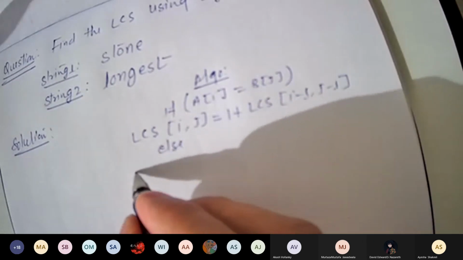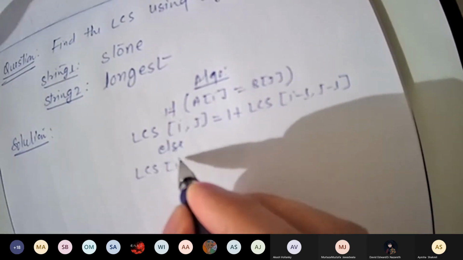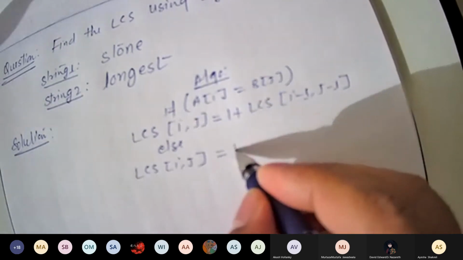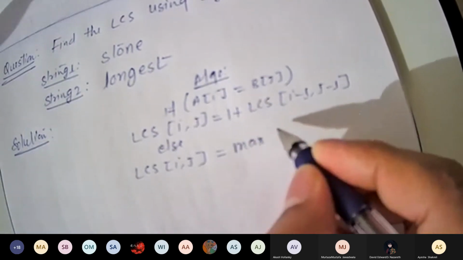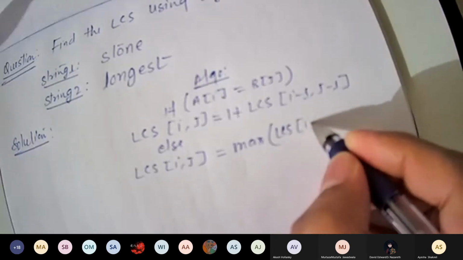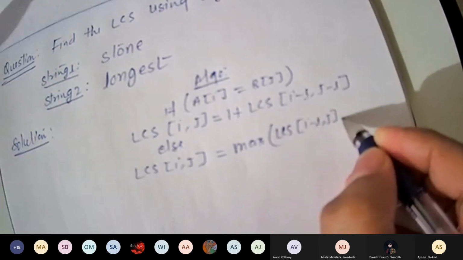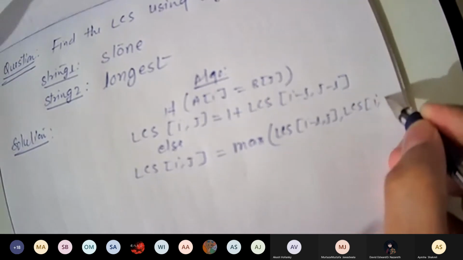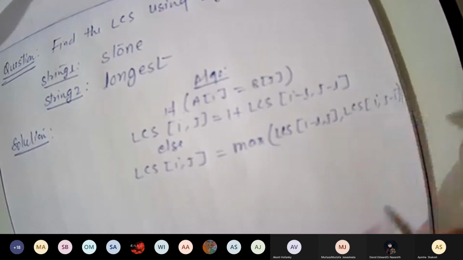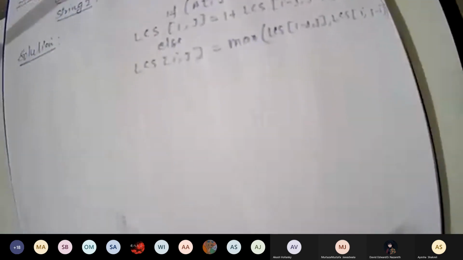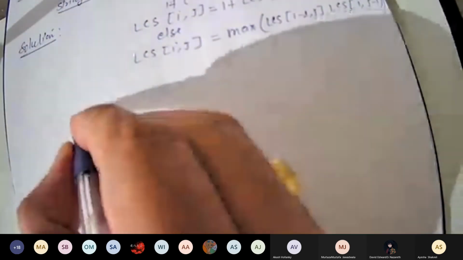Else, LCS of I J equal to max of LCS of I minus 1, J and LCS of I, J minus 1. Now let's make the table.